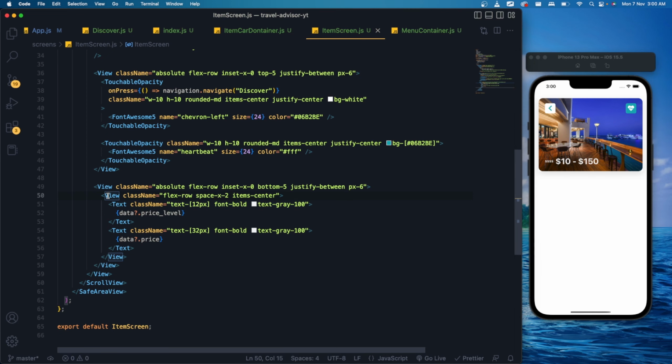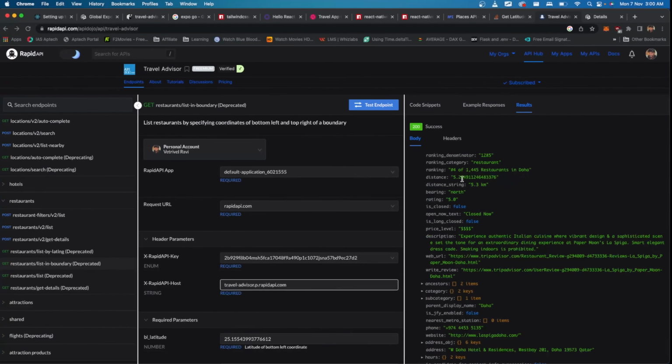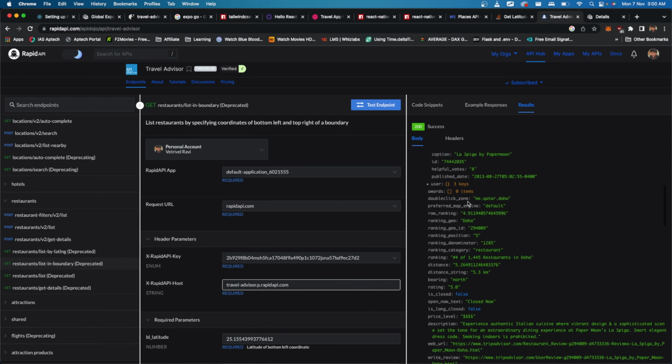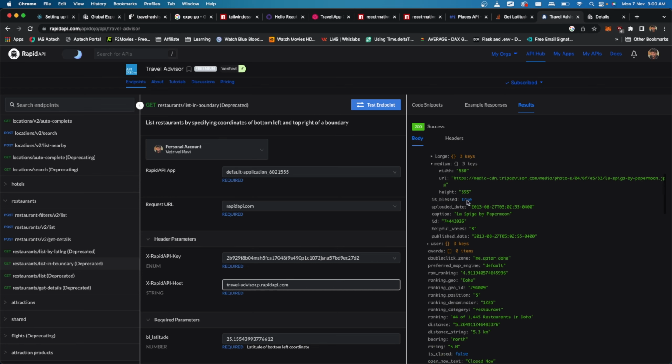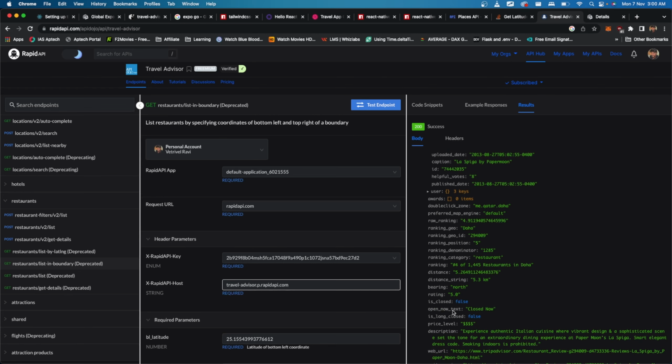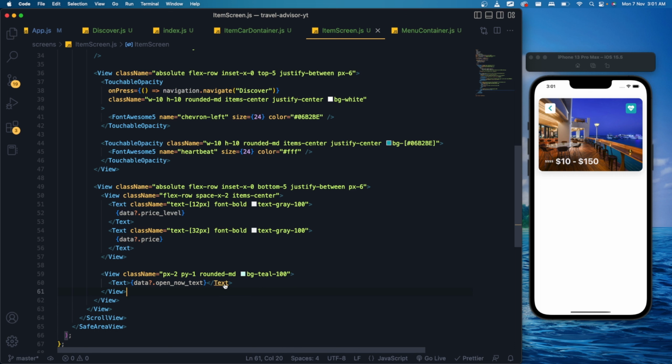So after this division, at last I need to show whether the restaurant is open or closed now. So we have an object in here like open or closed now. So here, open now text, we need to display this text object over there. So typically what we are going to do is we are going to create a view like this, just like this. So that will create